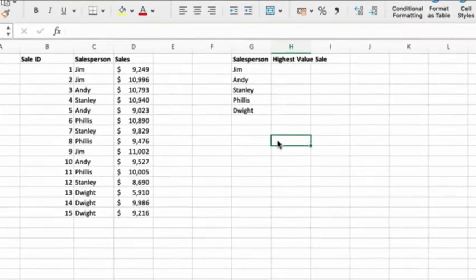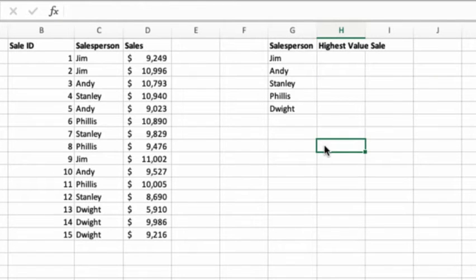Before we dive into the concept of array functions, let me show you a couple of things of how array functions work. If you examine the problem statement closely, what we need to do is for each salesperson, for example, in the first case, we will be looking at Jim. We just need to filter out observations where the salesperson is Jim and then find the maximum value of the sales of the filtered out observations. So in order to filter out the observations, we can use the IF condition. So if I were to write an IF condition without array formulae, this is what it would look like.